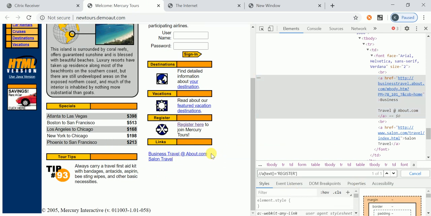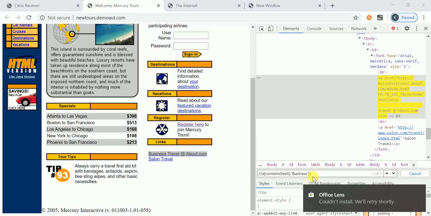I want to get that link text, but I am trying to use a partial match, the contains method. Carefully observe how I write the XPath for this contains, comma, and I need to close here. See, one of one is coming successfully.